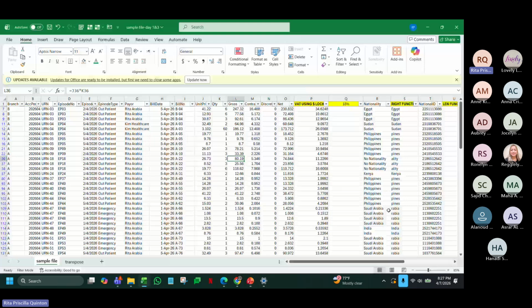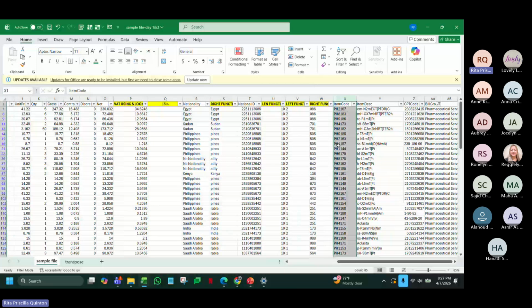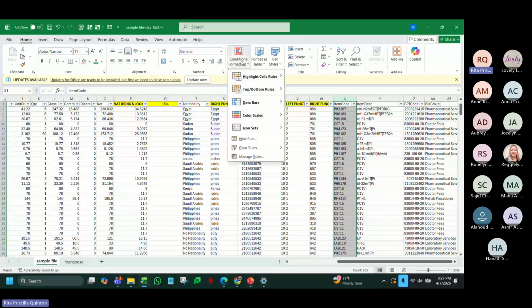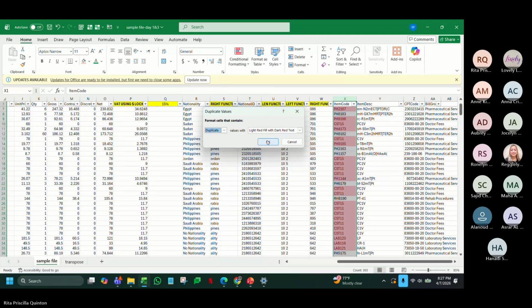Okay. So for highlighting duplicates, if I want to see any item codes duplicated, highlight the whole column, highlight cell rules, duplicate values. Okay. I will give you 3 options to see the duplicates based on what you need.